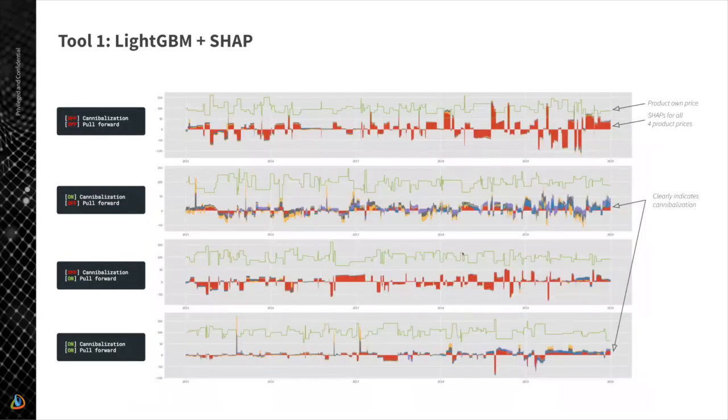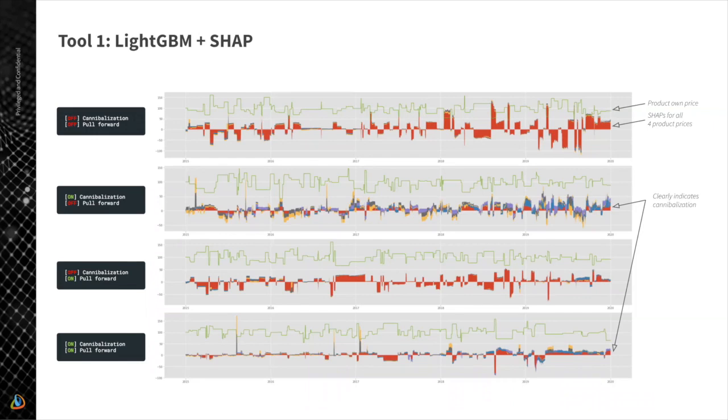But alternative representation is to just take our time axis and visualize these contributions for every single time step. So here you can see again these 4 scenarios with different combinations of pull forward and cannibalization. And let's say if we have only seasonality without these economic effects, then we see that we can plot here these Shapley values for sales forecast, and we can plot here this green line, product price as well, and we see that product price actually is pretty much the only contributor to changes of